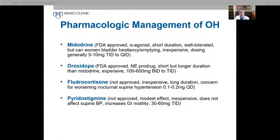Now, after we optimize the conservative management of orthostatic hypotension, we can then turn to the pharmacologic management of orthostatic hypotension. This is quite frequently needed in neurogenic orthostatic hypotension in the setting of multiple system atrophy, given the severity of this particular symptom. There are 4 medications that are most commonly used to help with the management of orthostatic hypotension,